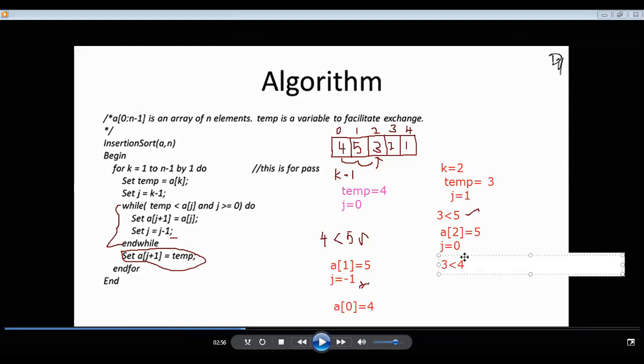Now 4, where will it come, we will see. So I'm just checking. Yes, it became true. And what I'm checking, because we have to move, is A of j plus 1. What is A of j plus 1? I'm moving A of j. What is A of j? 4. So now I moved 4 here, right? I think 5 should come here, no? That time when we edited.